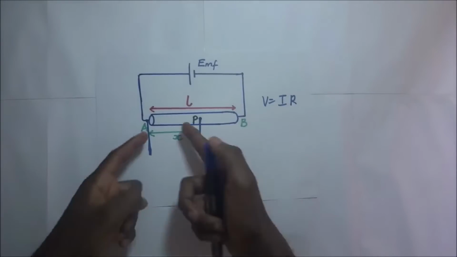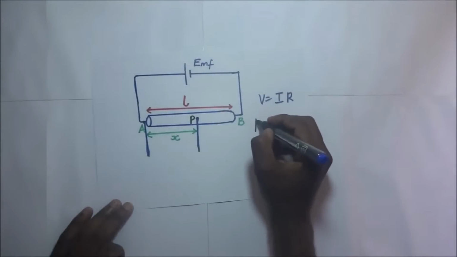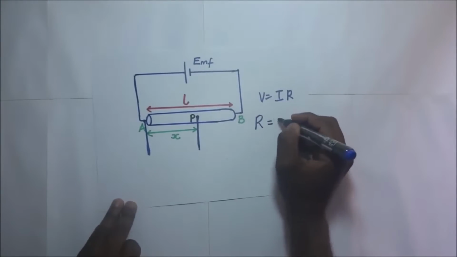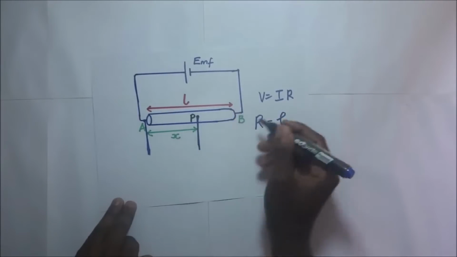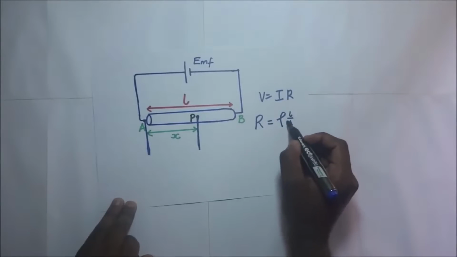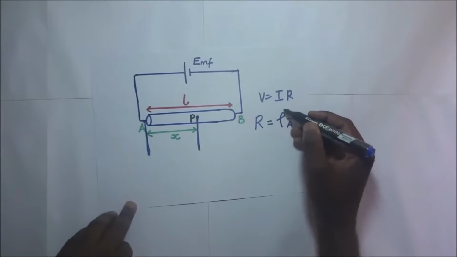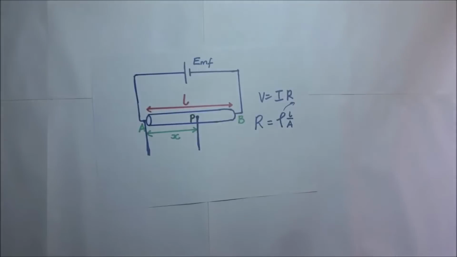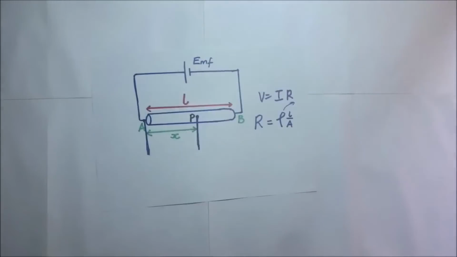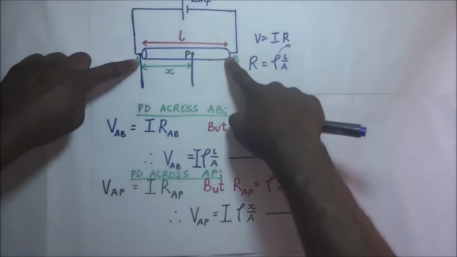Now speaking of the resistance of this slide wire, we are going to use our formula for resistivity. We all know that resistance can be expressed as the resistivity of the wire times the length of the wire over the cross-sectional area. A is the cross-sectional area, L is the length of the wire, and ρ is the resistivity of the wire. If we use this to substitute, this is how things will turn out, if we are to get the potential difference across wire AB,